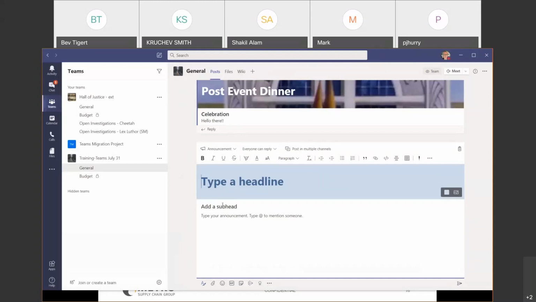Great, Mark. I see something coming through my general. There you go. Yes, she says yes. For those that can't have the joy of what I'm seeing, Mark has made a team for a wedding plan in the general announcement. Lois Lane says yes.